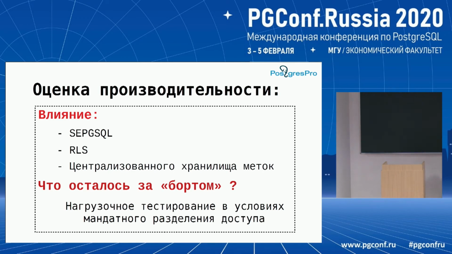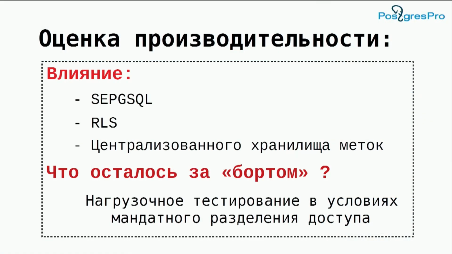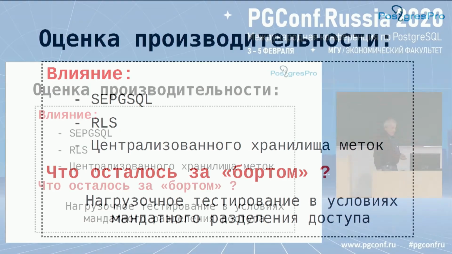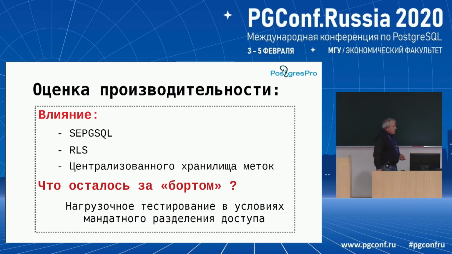We always have sepgsql, RLS, with its own limitations, and we also have an additional feature that is centralized storage of labels. So, how will it influence the performance? And what remained outside, that is load testing and real